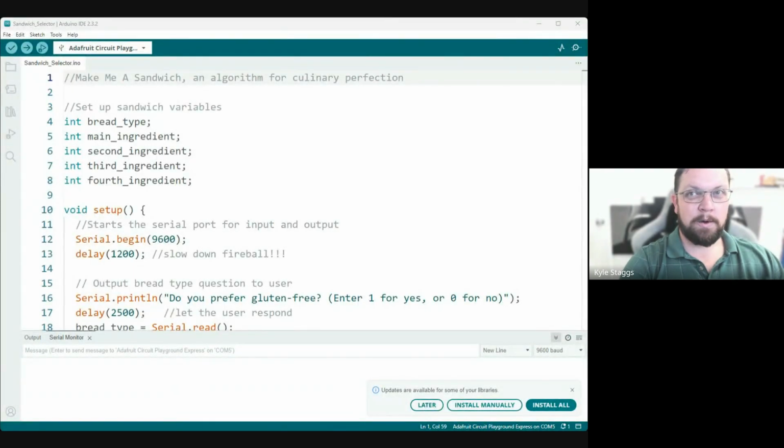So here's what we're going to be focusing on today. I'm going to open up an example sketch because we're going to start learning how to do a little bit more with some of the serial commands. We're going to be using Serial.begin again today. But one of the things we're going to do is